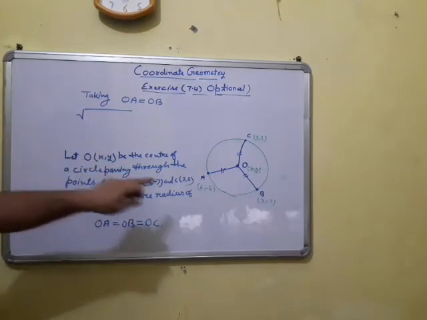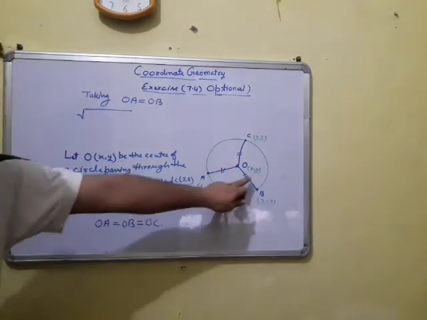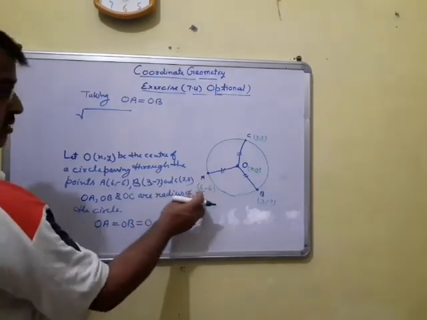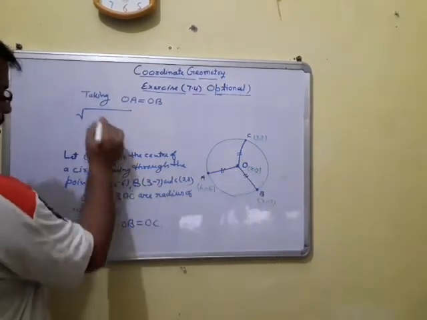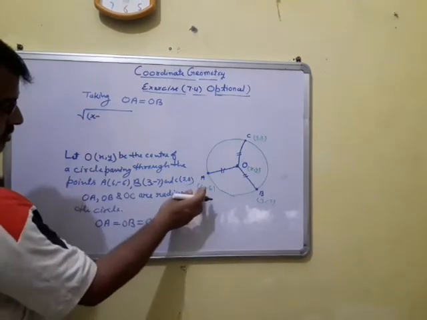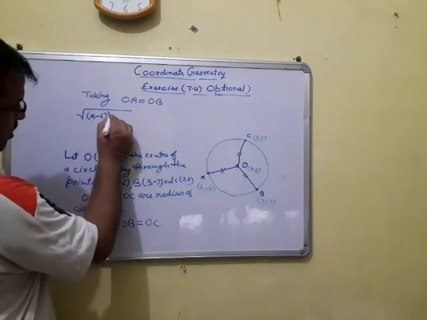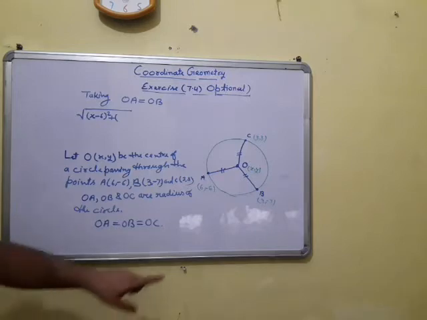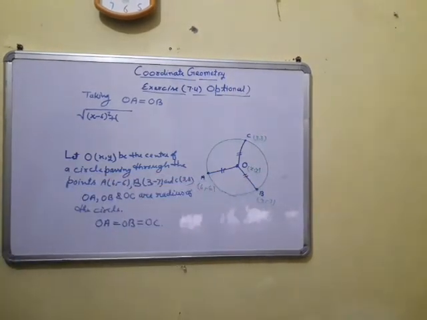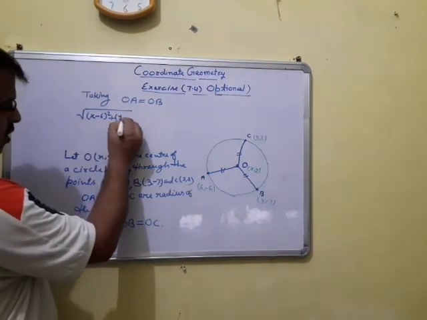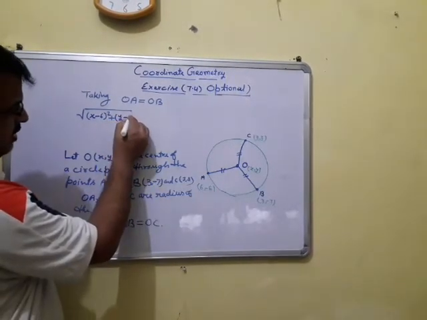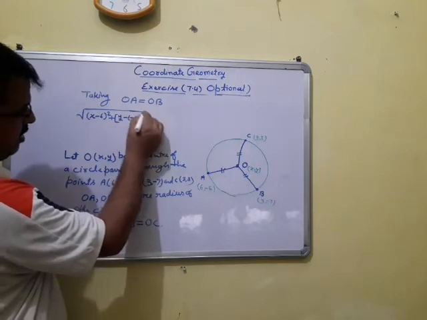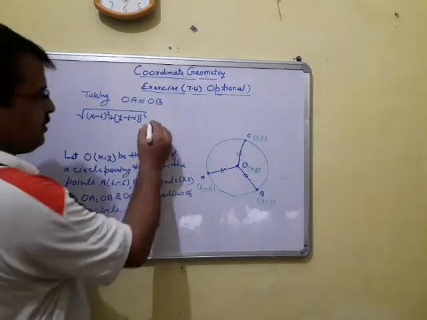Under root, x2 minus x1, so this one is x1 and this one is x2. So x2 here is given x minus x1, here is 6, whole square plus y2 minus y1. So y2 here is given y, clear, and y1 here is given minus 6. So this one is OA, clear, is equal to,